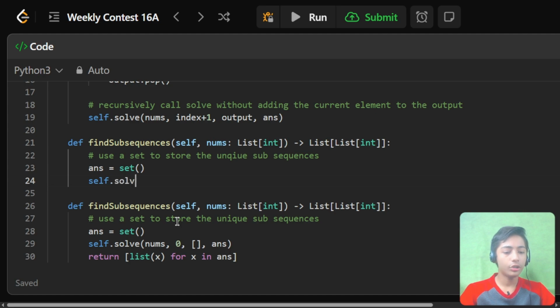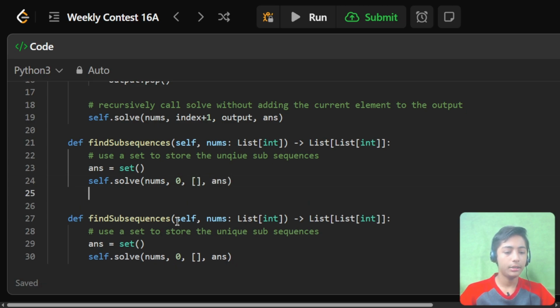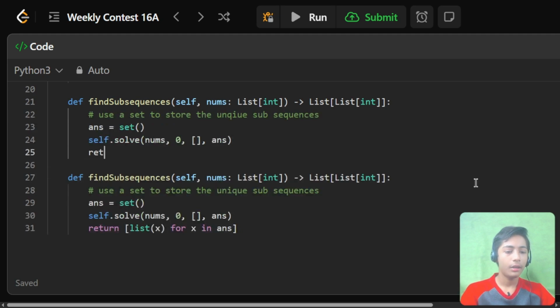Now self.solve(nums, 0, set, ans), enter. Now here I return the list of x in rounded brackets for x in ans.